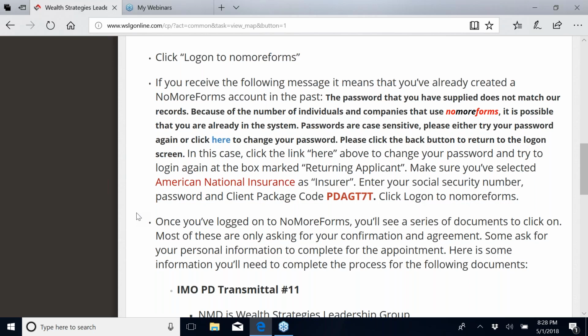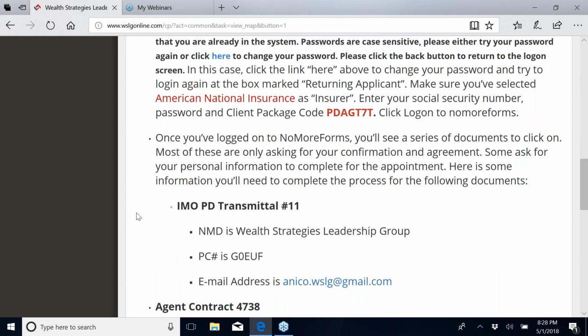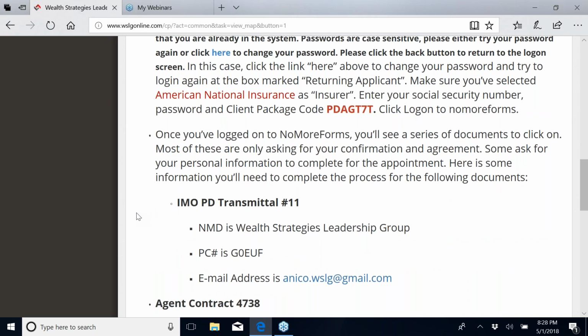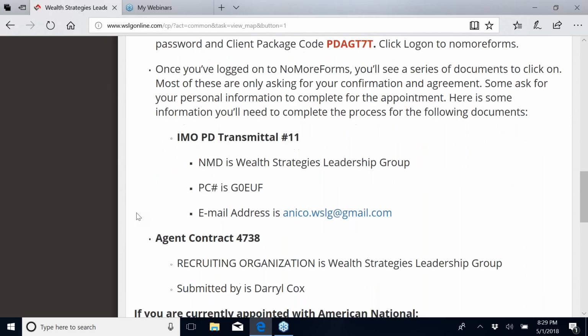So once you've logged into No More Forms, you'll see a series of documents to click on. Most of these are only asking for your confirmation and agreement. Some ask for personal information to complete for the appointment. Here's some of the information you'll need to complete the process for the following documents. The IMO PD transmittal number 11. That's NMW, which is going to be Wealth Strategies Leadership Group. The PC number is